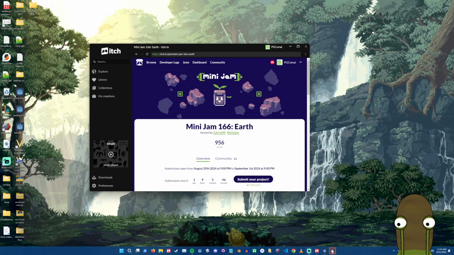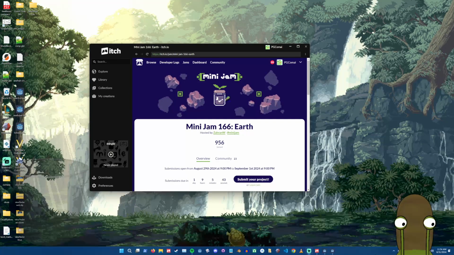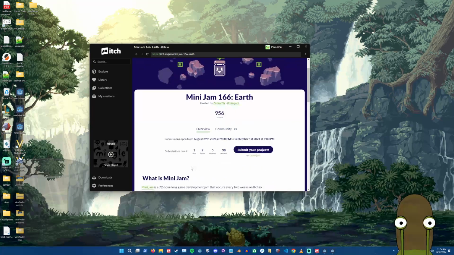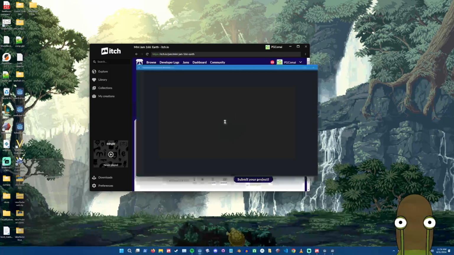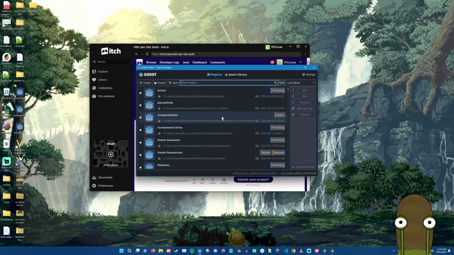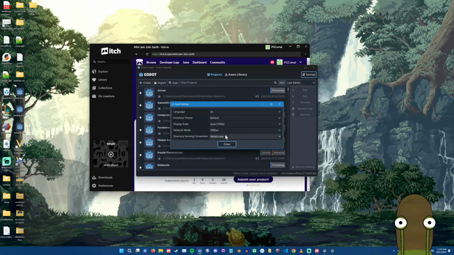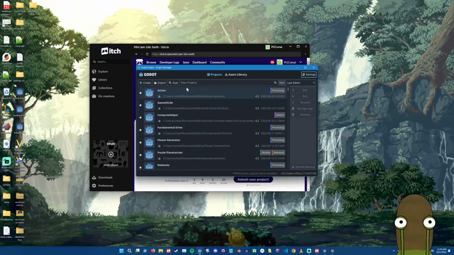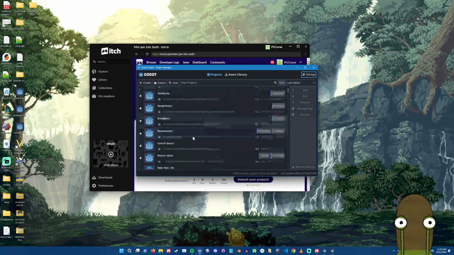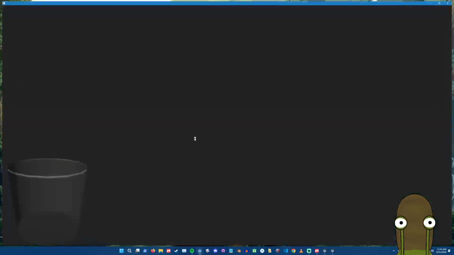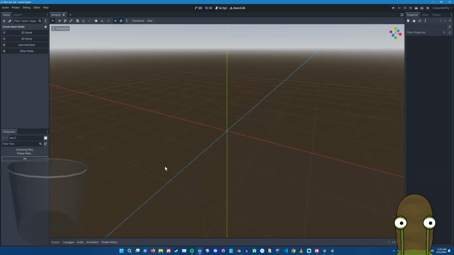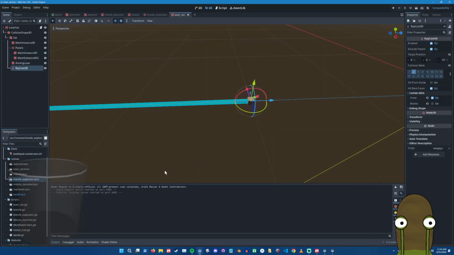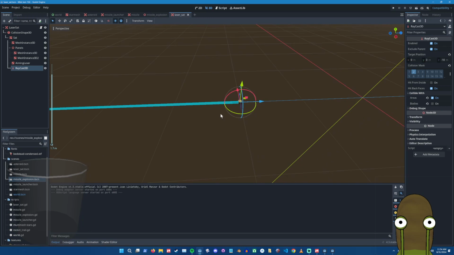Game jam time. Time to open the Godot. We got 1 day and 9 hours left. Let's do this. No way, there's settings here. That's cool. Mini Jam 166. Alrighty. Oh yeah, we were working on the